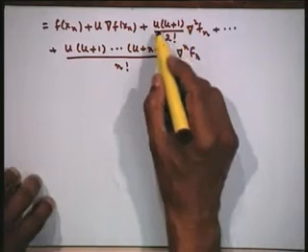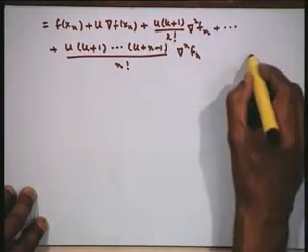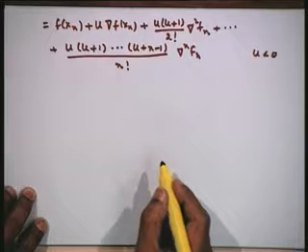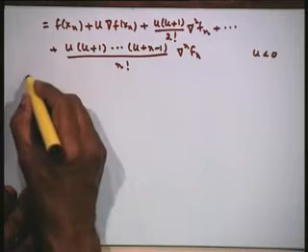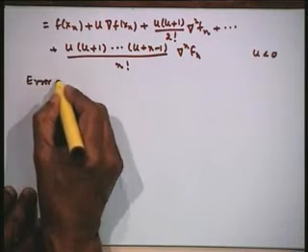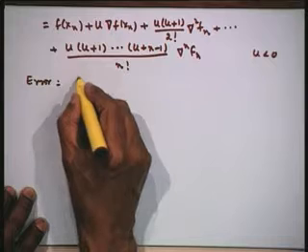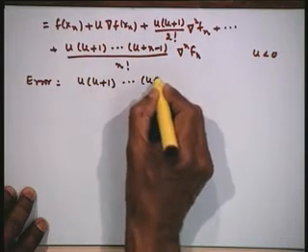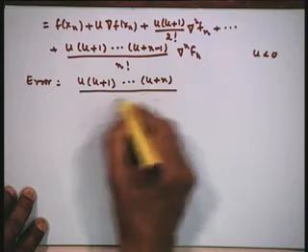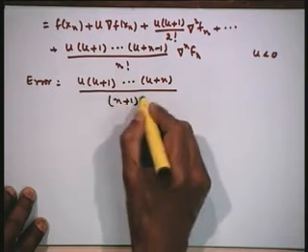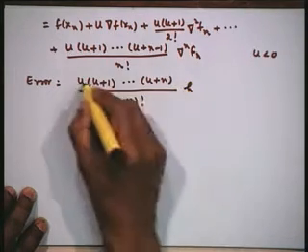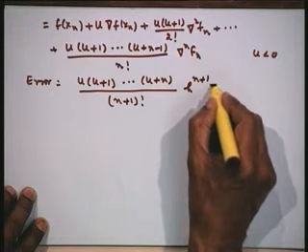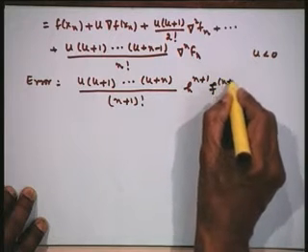Where we note that u is a negative quantity, u is a negative fraction. Therefore, the error can immediately be written as the next coefficient, and the next coefficient is u into u plus 1, and so on up to u plus n, by n plus 1 factorial. Each term contributes an h here. So, h to the power of n plus 1 f n plus 1 of xi.